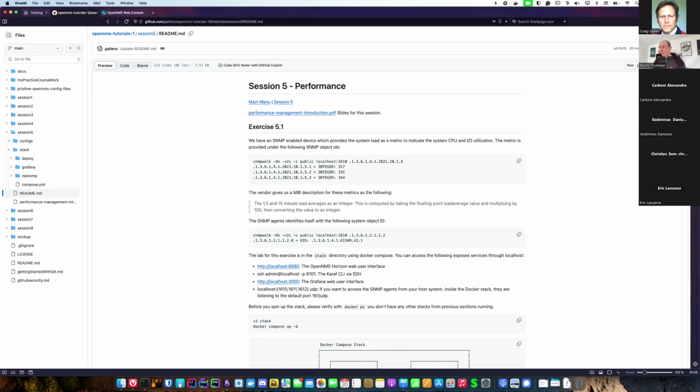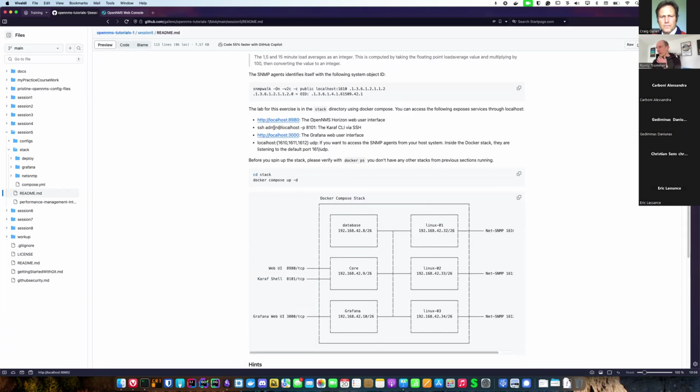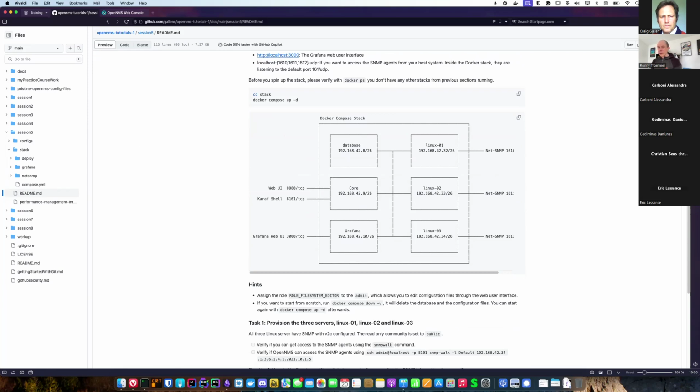In which case, obviously, it's not localhost 1610, but localhost 161. If you don't have SNMP installed on your local systems, then we can just use the Karaf shell and use the OpenNMS one. It's not a big deal.